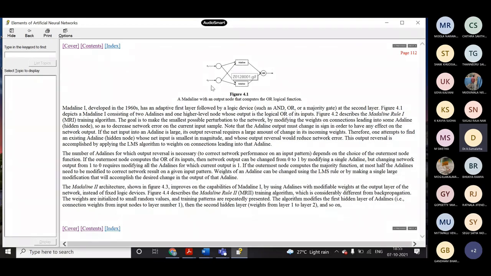Suppose your input is 0 1 and your output is 0, but actually it should be 1. In that case, to get the output of 1, it is enough if you change the output of one node from 0 to 1, because the outputs of both adaptive linear elements are 0. That's the reason you are getting output 0 for the input 0 1. So changing the output of this node is enough to get the desired result. You don't need to modify the outputs of both nodes. That is the concept of the minimum disturbance principle. We modify only